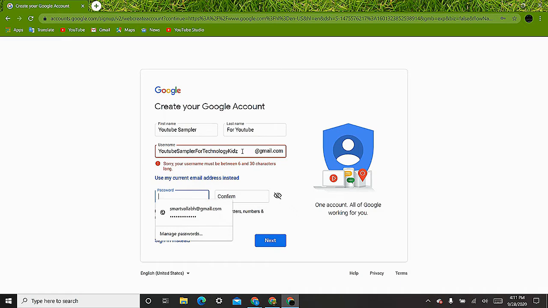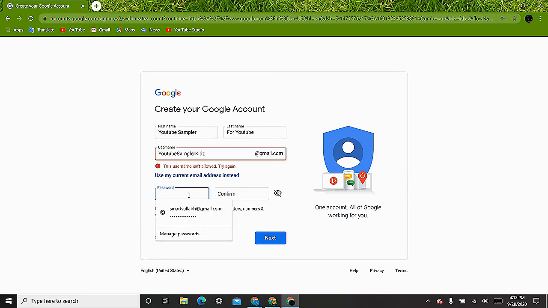Now you can put in a username, and warning, your username must be between 6 and 30 characters. Okay, that isn't allowed. Sometimes some people have already taken usernames, so those won't show up. So now let's just put in